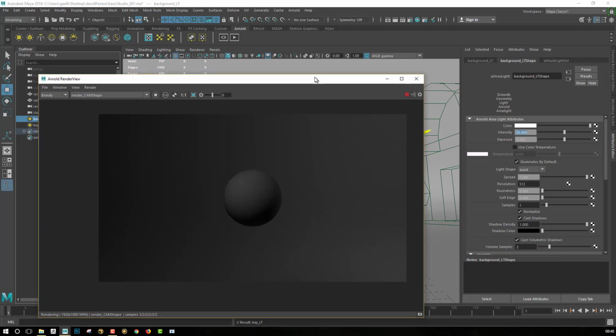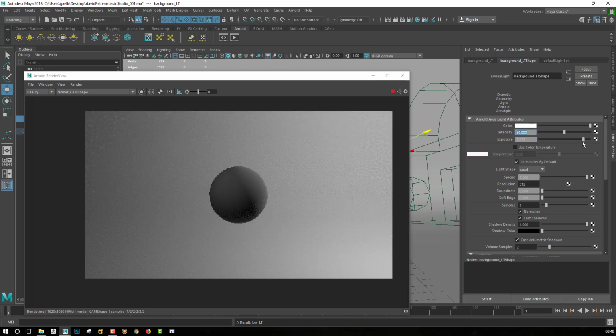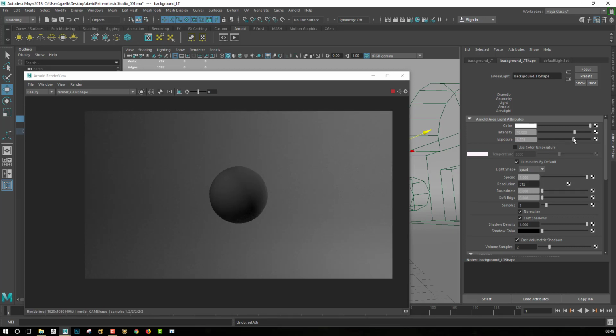So how to play with the intensity between the exposure, because we'll see in the next video that we can also hide the exposure directly. So something that I like to do actually is to keep the exposure at 0 for the moment, and then I'm first starting to play with the intensity to get some kind of midpoint for the intensity. So if we get some kind of midpoint, we will be able to adjust it on the go later on. So this will be like our default value. And if we think that it's too much, we'll be able just to lower the exposure. But if we think that it is not enough, we'll just be able to raise up the exposure.